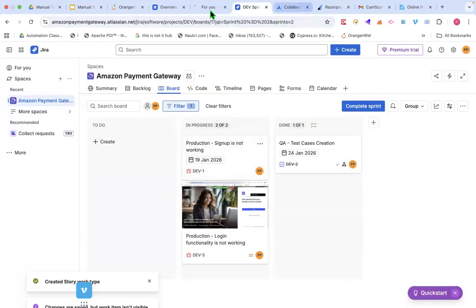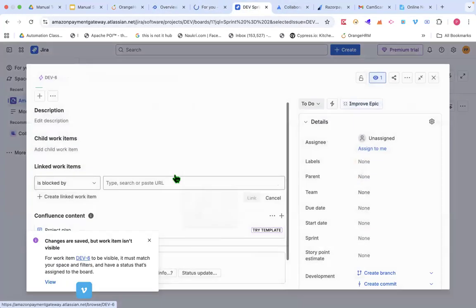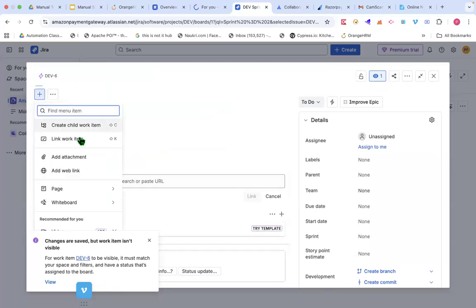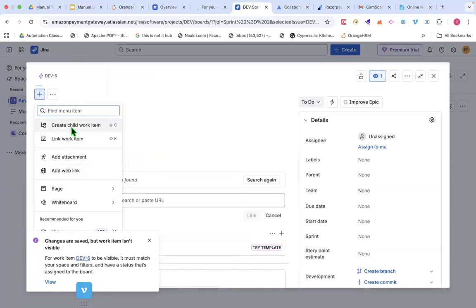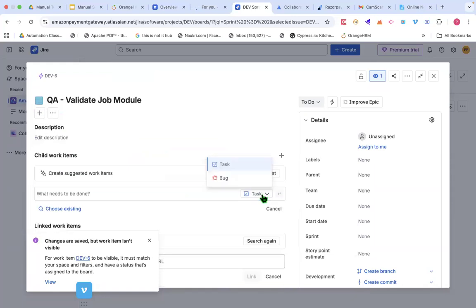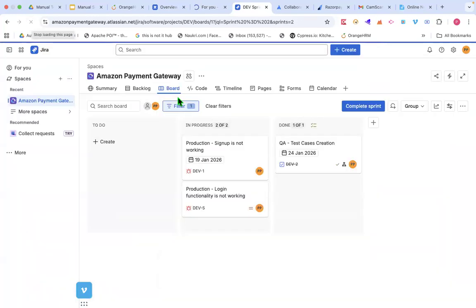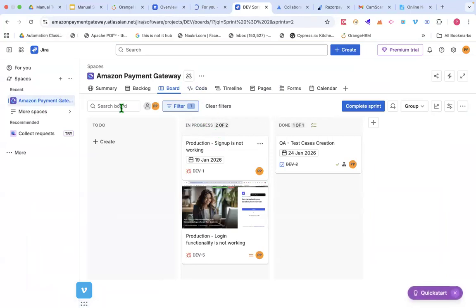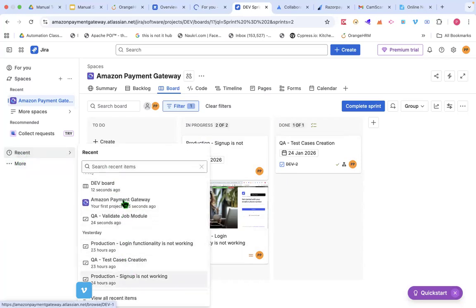Now I'll go to Epic again. I'll say create work item. And this work item is a, let me refresh this page, guys. Okay, so if you notice, it is not visible over here. Okay, so what you can do, you can go to recent and just check recently created. Okay, so here if you notice